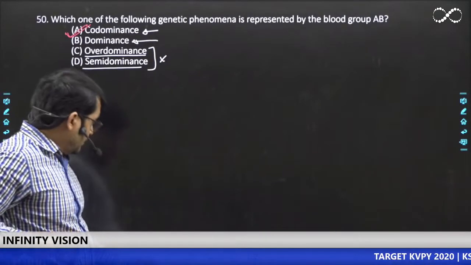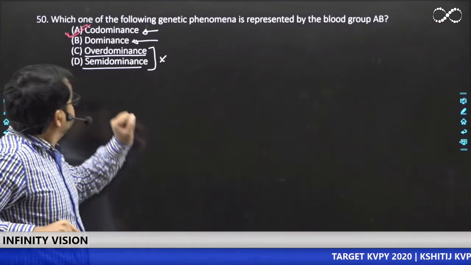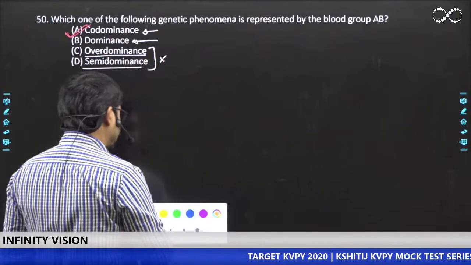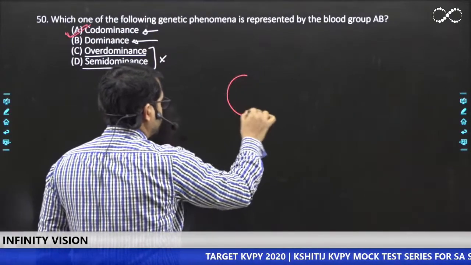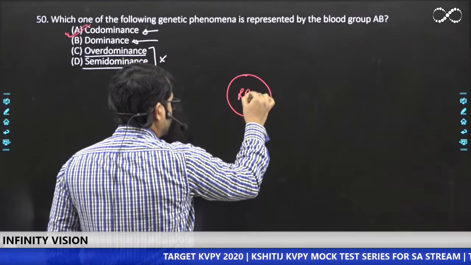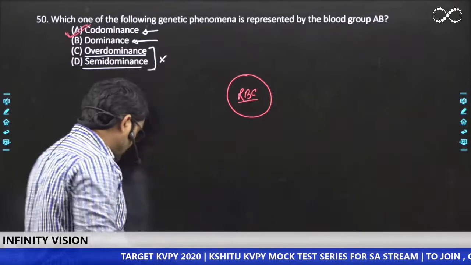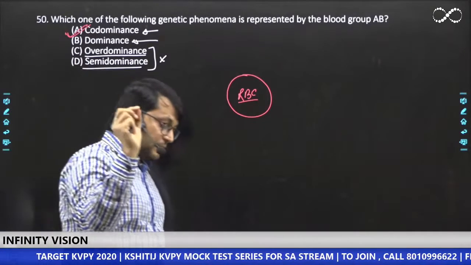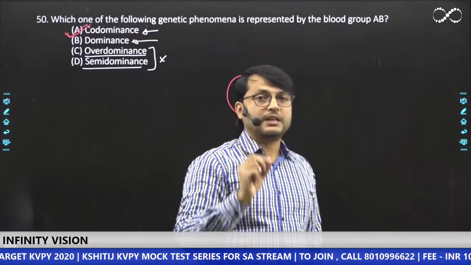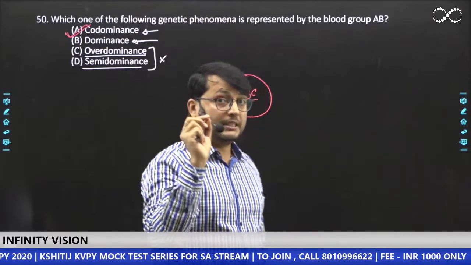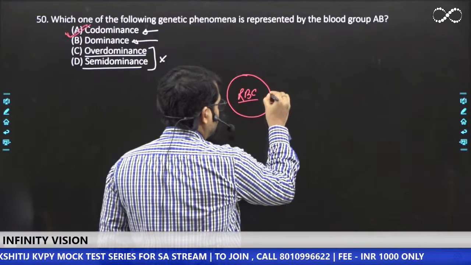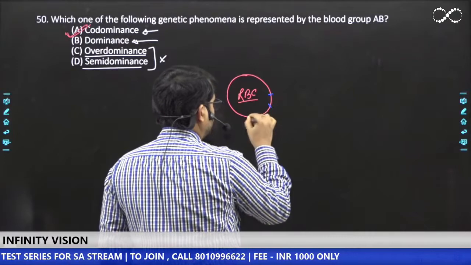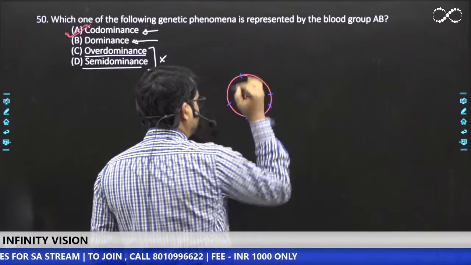Look, when we are talking of AB blood type, first understand how AB blood type comes about. Suppose this is RBC. This is RBC. It is your red blood cell. Now, on these RBCs, there are certain proteins, glycoproteins on the membrane of these RBCs. Okay, there are glycoproteins, and these glycoproteins are something like this. Maybe here is one glycoprotein, another glycoprotein. These all are the glycoproteins.